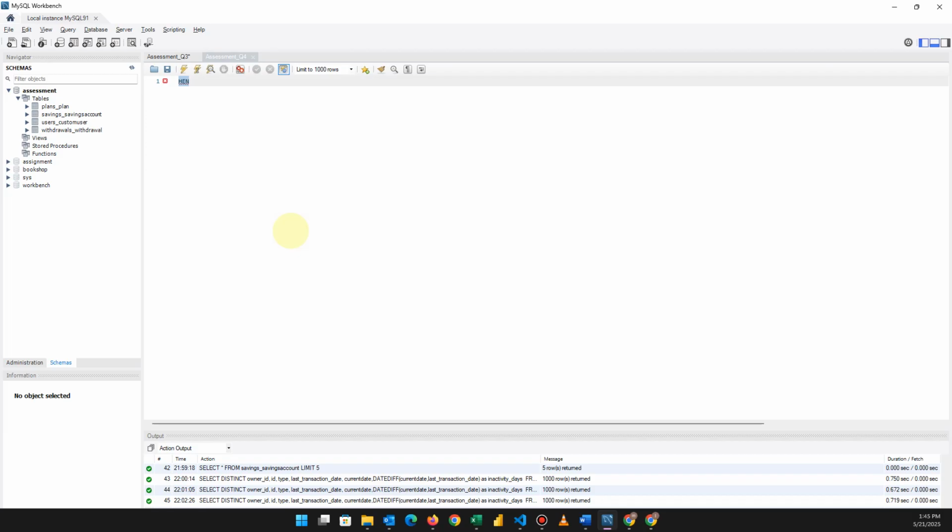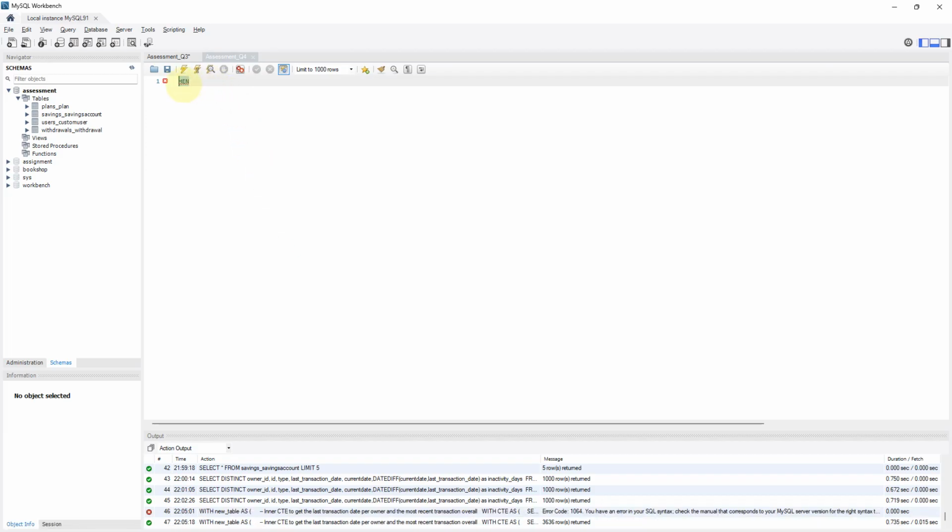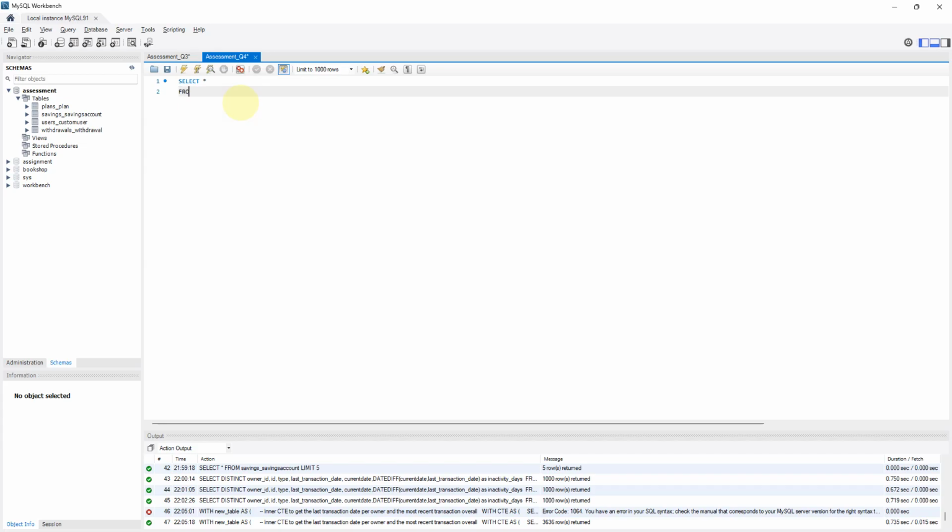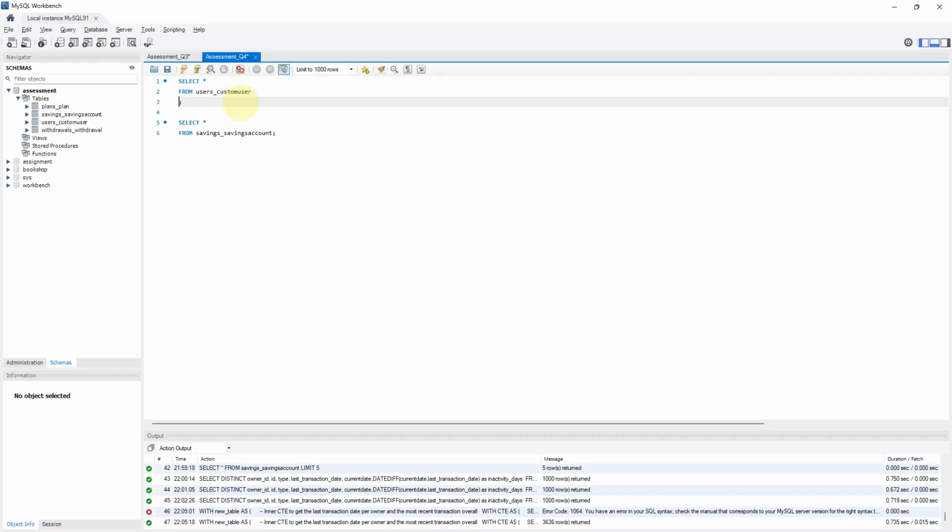So I'll just go to my SQL file. I would say select all from savings, then the other one is from users. I would limit it to 5 so I don't have to carry everything. I'll copy this